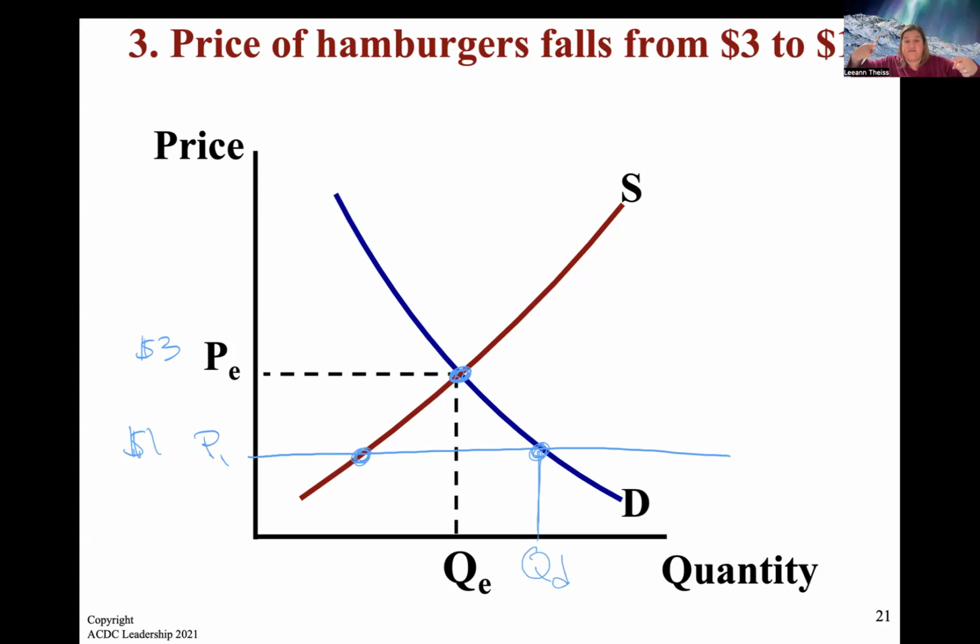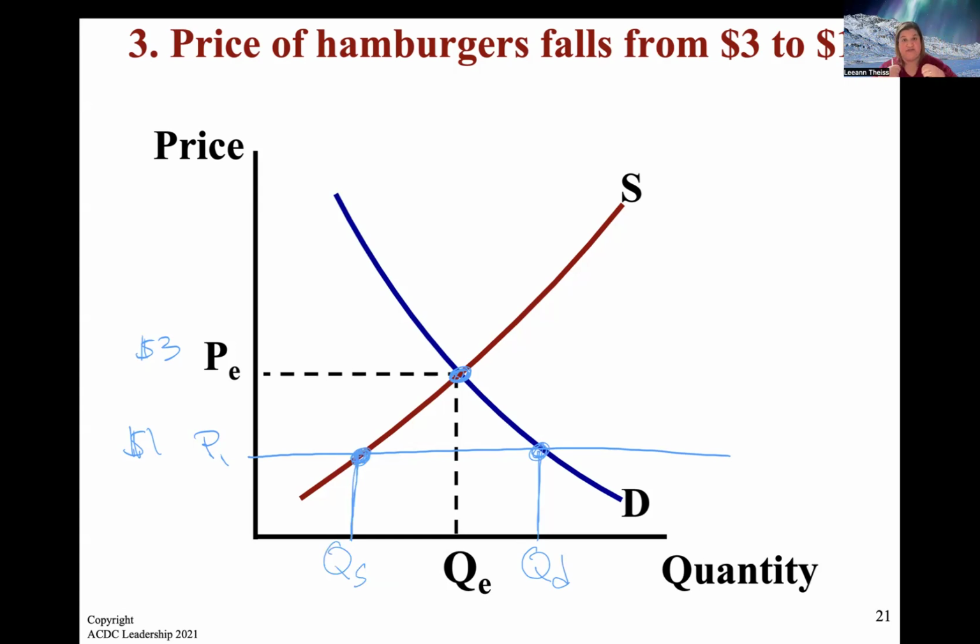The price on the demand curve is going to be different than the price on the supply curve, where it intersects all the way across. So on the demand curve, at a price of $1, this is our quantity of demand. But then over here on the supply curve, at a price of $1, we're going to label that Q sub S